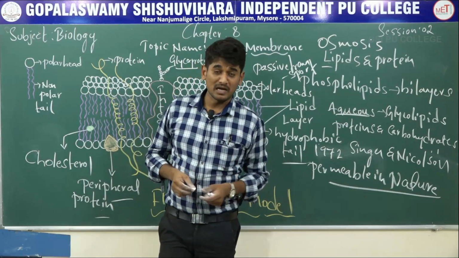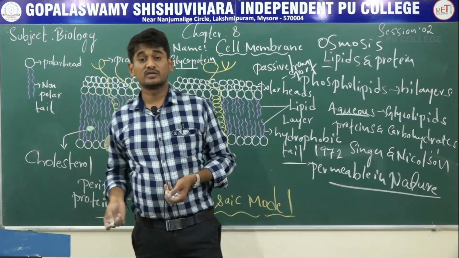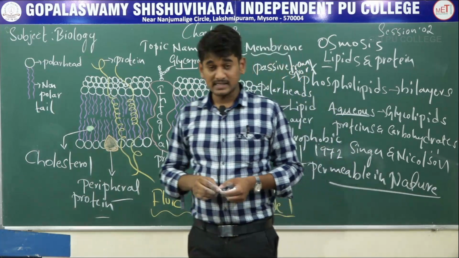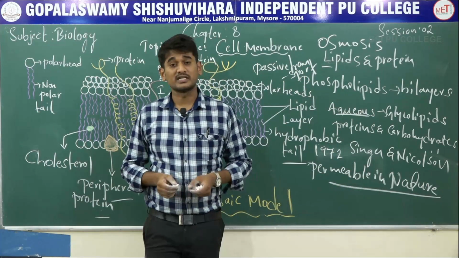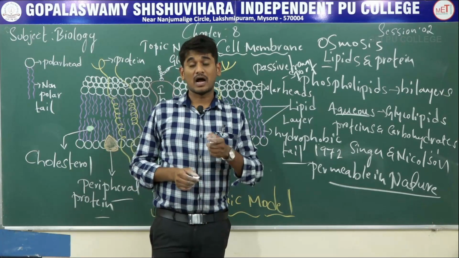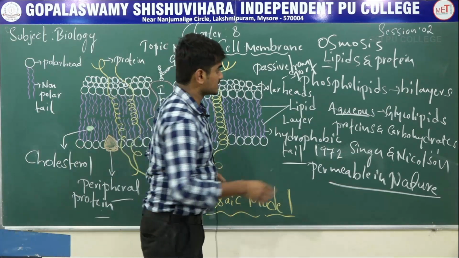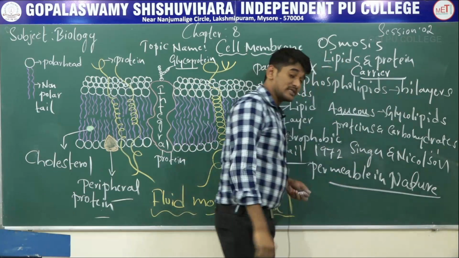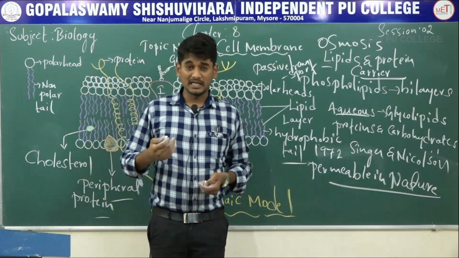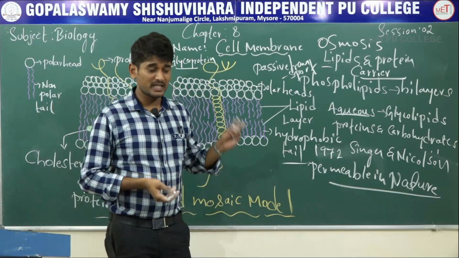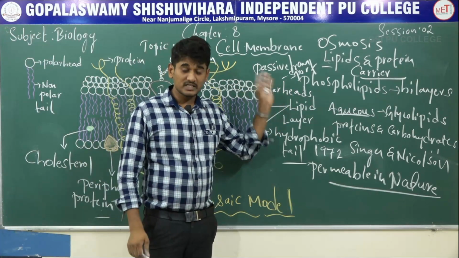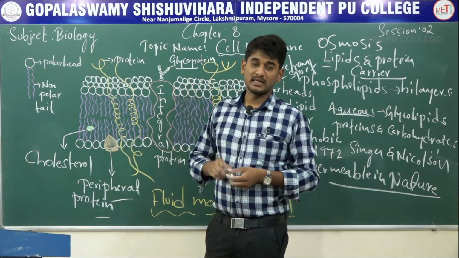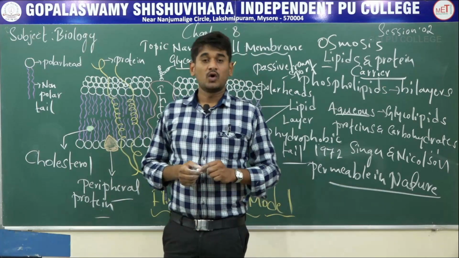But the polar molecules cannot pass through this non-polar lipid layer. So these polar molecules require special proteins which allow the molecules or ions to pass. That is called carrier proteins. Carrier proteins are the special proteins which allow the molecules or ions. By the help of carrier proteins, these polar molecules can move across the membrane, and a few molecules